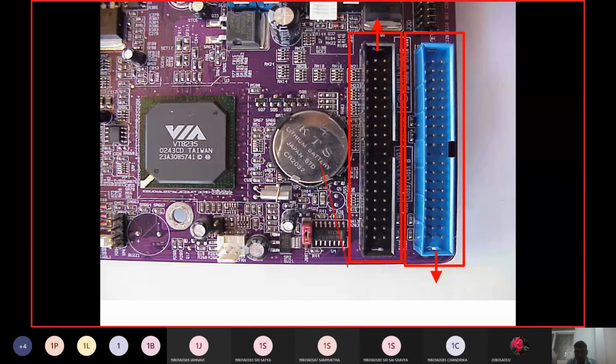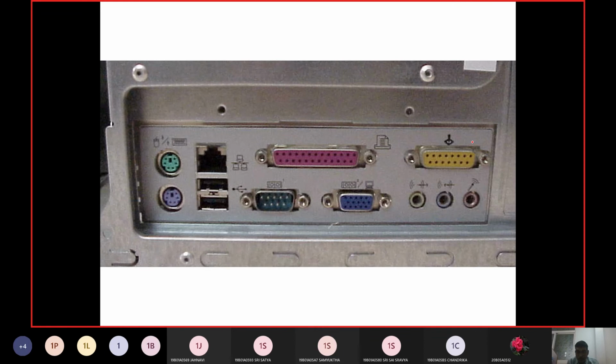This is the battery item. These are the positions where we can connect the cables for the secondary storage. This is the front view of the ports. One, you can connect your keyboard. Another, you can connect your mouse. You can connect your printer, your scanners, the LED projectors, and then the position for your sound system.